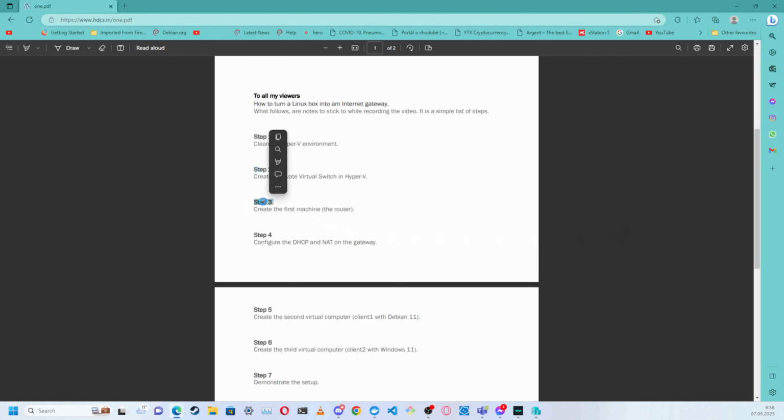Now let's see step 3. Create the first machine, the router. We will now create a virtual machine by doing action new virtual machine. Next, router 3. Generation 1. 1 gig of memory, dynamic allocation, connection, bridge. Next,